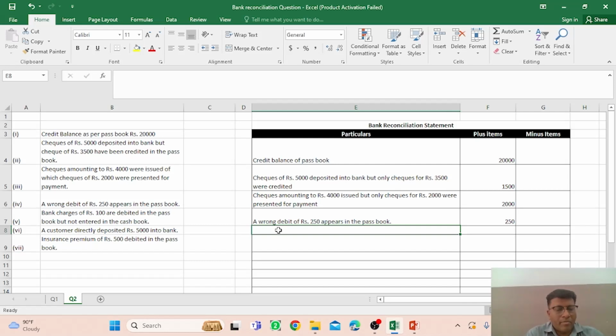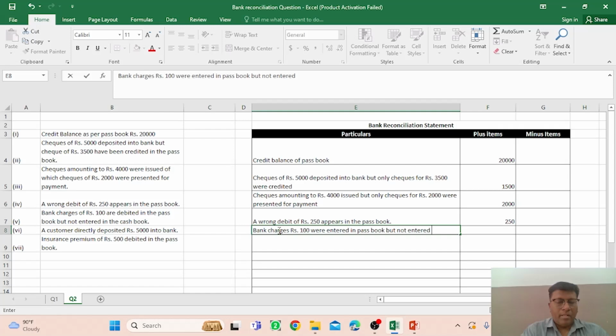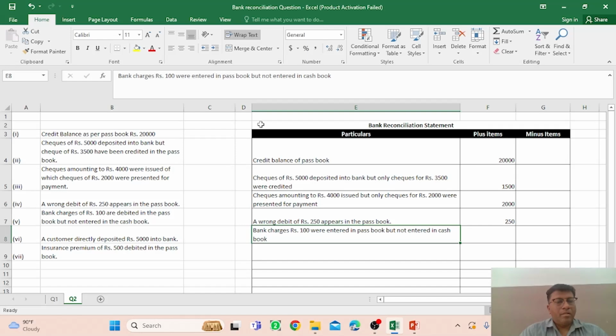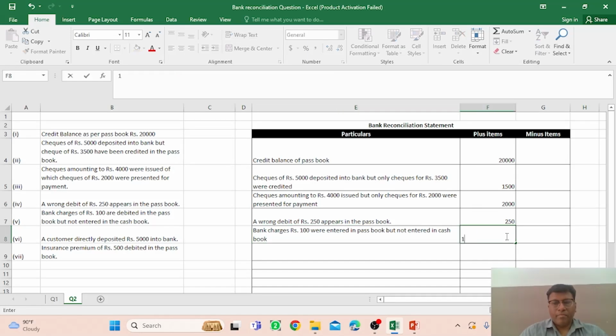So bank charges rupees 100 were entered in passbook but not entered in cash book, right? So this is the transaction. And what is the amount? 100. So 100 rupees is plus,